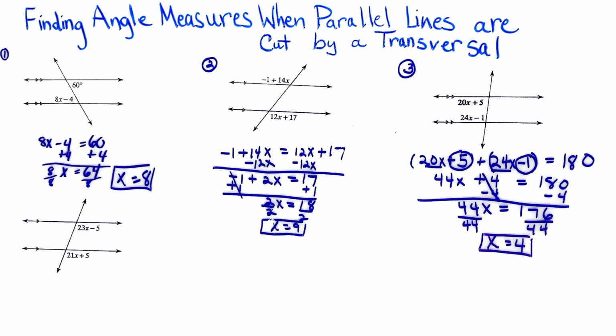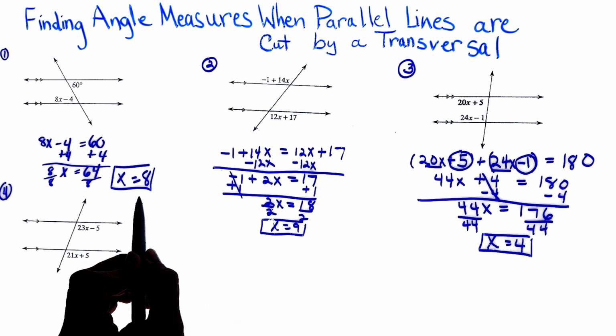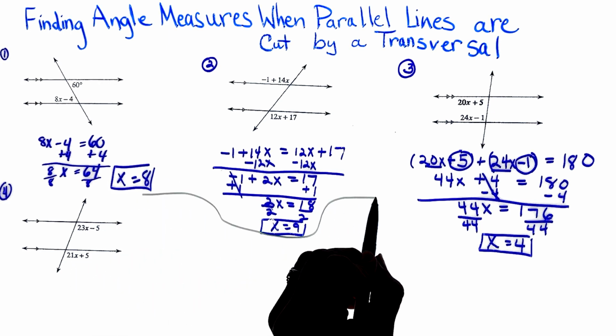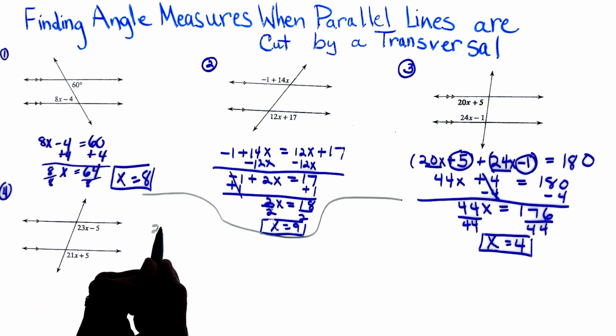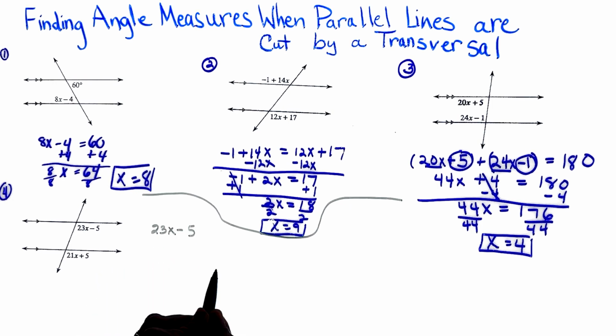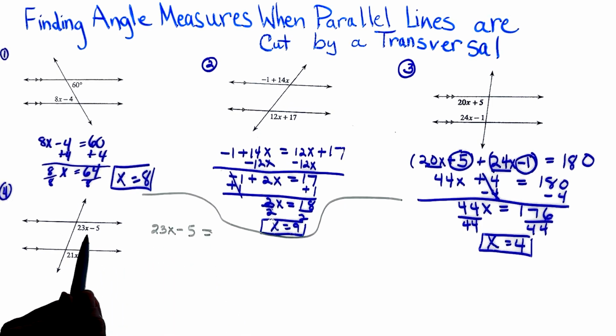All right, for our last problem, I will number this number 4. We are going to look at, again, parallel lines cut by a transversal. So these angles are going to be congruent. They're going to be equal to each other. I'm going to write with green so that we're able to see where my work is separated here, because I don't want to end up running into anything. So I am going to solve 23x minus 5 is equal to, because they're corresponding angles,